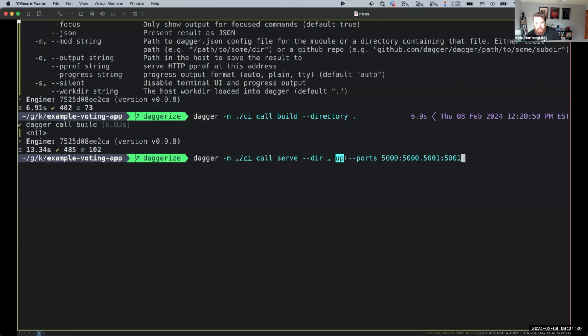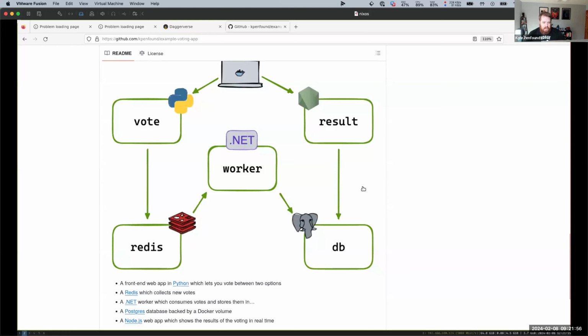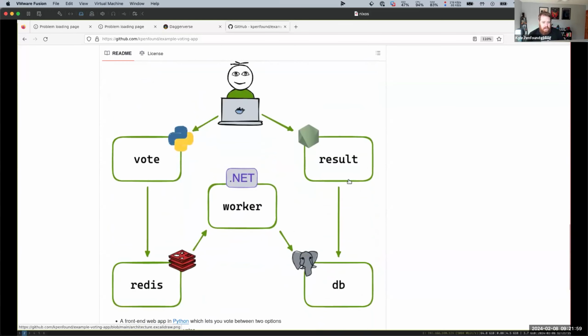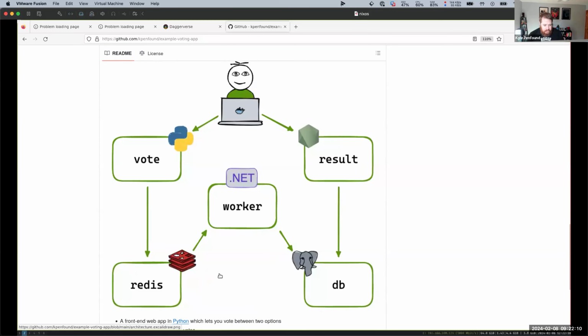So on that service, we can call up to spin the service up, and we're going to tell it what port configuration to use, just like you might on a Docker command. And so we run all this, and this is going to run this whole stack actually just within Dagger, where this is me in the green shirt, and then we've got these different services running in the background, and we have multiple services, the worker uses both the database and Redis,